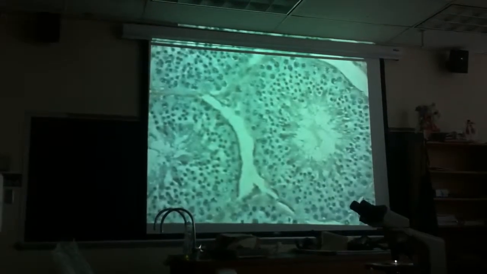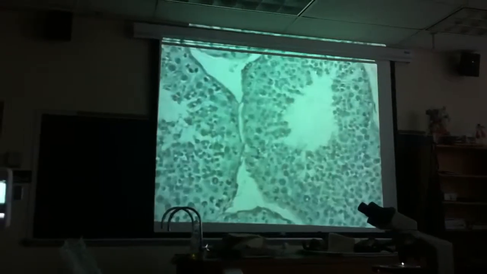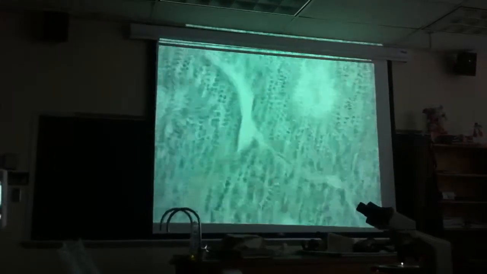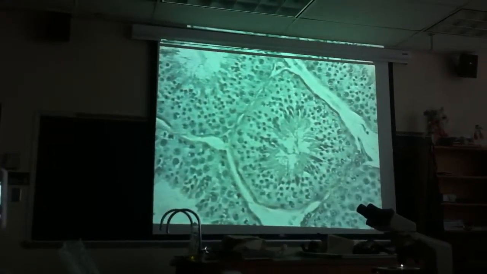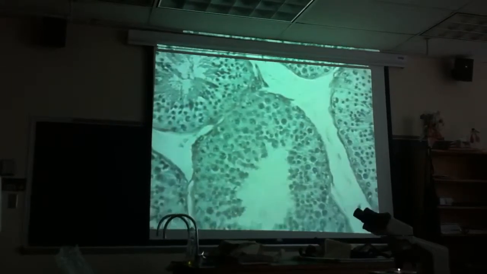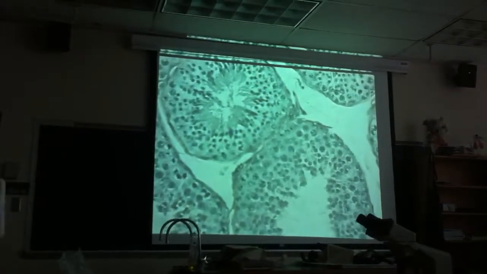So let me zoom in first. With all the seminiferous tubules, whether they have spermatids in them or not, here would be one that really doesn't have many spermatids in it, where up here these ones do have spermatids in them. You guys can tell the difference. This one does have them. This one doesn't. I'll show you what they are in a second. But whether they have spermatids in them or not,